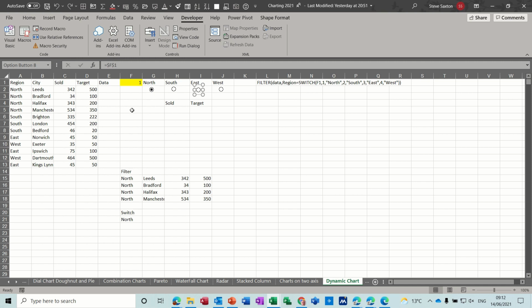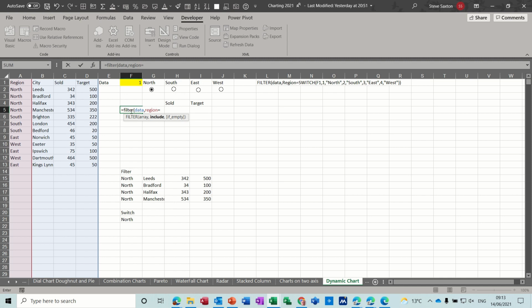So now to do the filter function and the switch function, which is going to be looking at that number, you just get yourself where you want the data to go. So it's going to be equals filter, open the bracket on the filter. So the table array is still called data, which is that table on the left there, and I want to look at the region, so I've called that column region. You can see it highlighted in red or pink, whatever color that is. Now I'm going to equal, so before, down below, I typed leads,